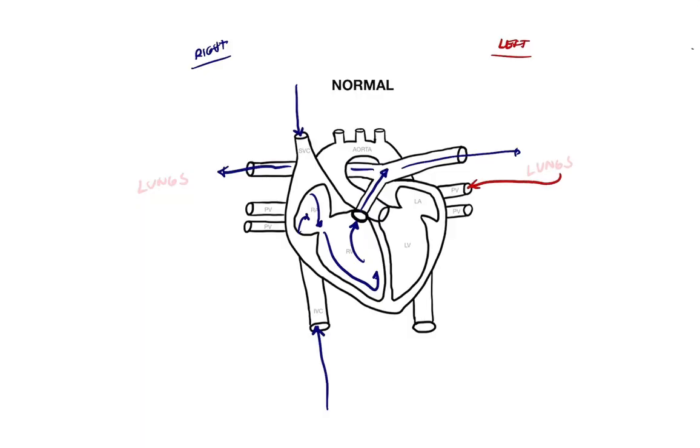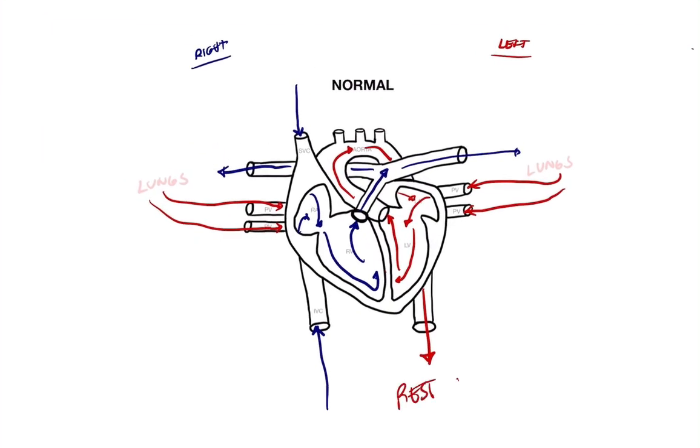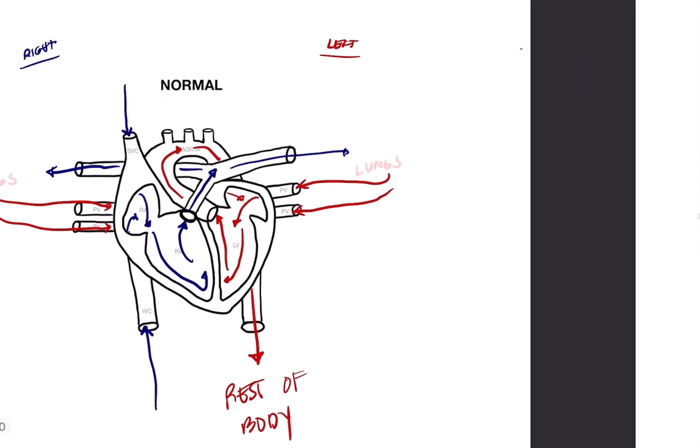We're in the left side of the heart now, the left circulation. Sorry. That enters here into the left ventricle and then into our aorta, where it is delivered to the rest of the body. But this is not what occurs in Tetralogy of Fallot,